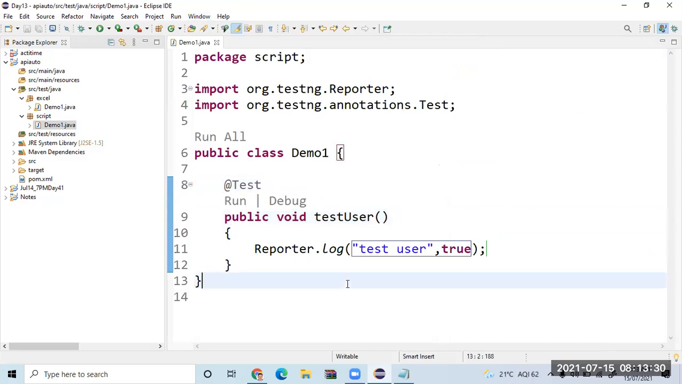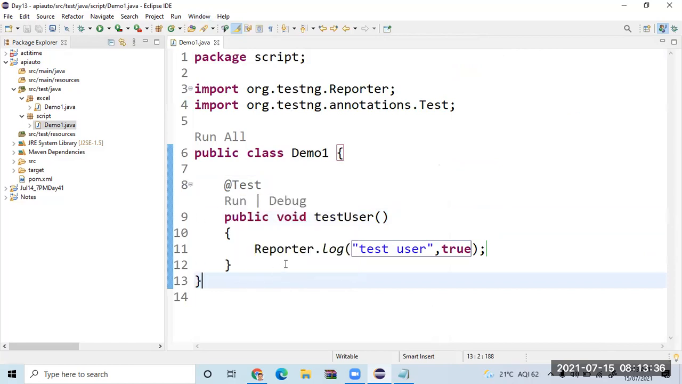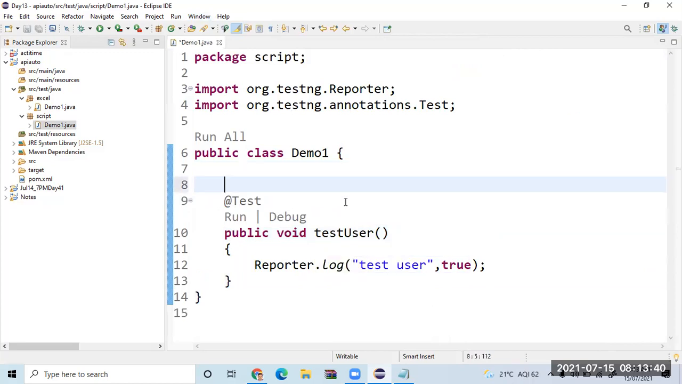Any question till this? No, sir. I've created a test with the annotation test. This becomes my automation test. That's a method for it. Okay. Now, let me do a modification. Let me create one more method. Public void